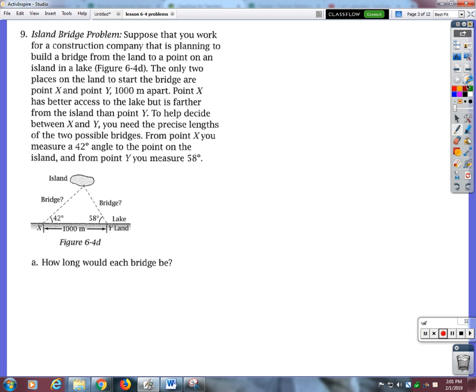You got a little diagram. How long would each bridge be? So I believe you guys were able to do this, right? Did you get part A? What did you get? So for part A, you need to figure out what this angle is right here. What's that angle? 80 degrees. Okay. So then if you go 1,000 over sine of 80 equals,